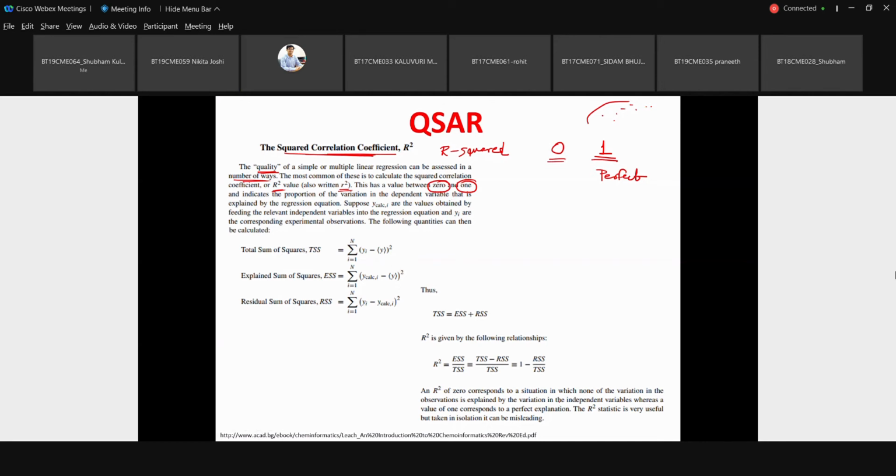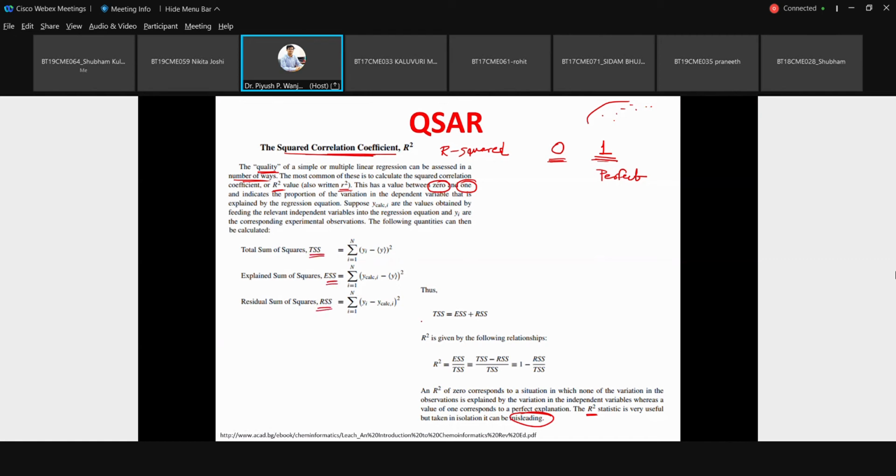Now I said it should be between 0 and 1, but certain times you get some negative values also, and certain times you get even more than 1. So they say this can be misleading. You need to estimate this R square value properly, otherwise it can be misleading. So all these three formulas I have mentioned here clearly.